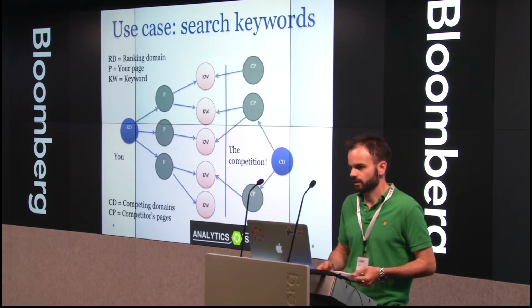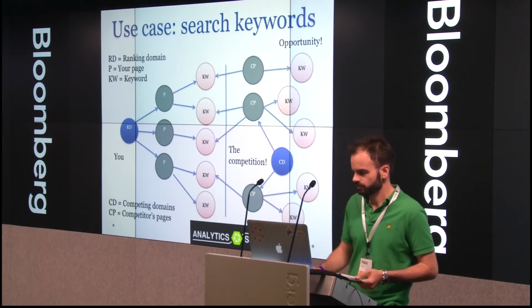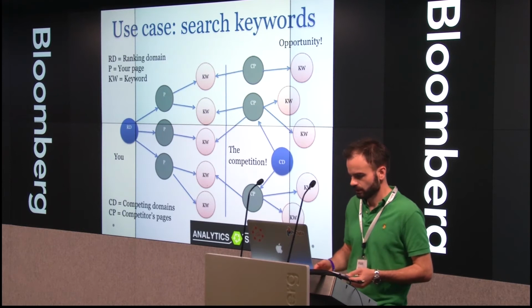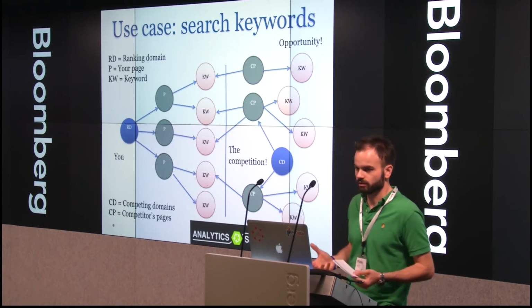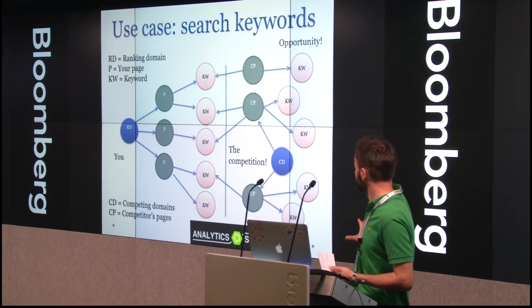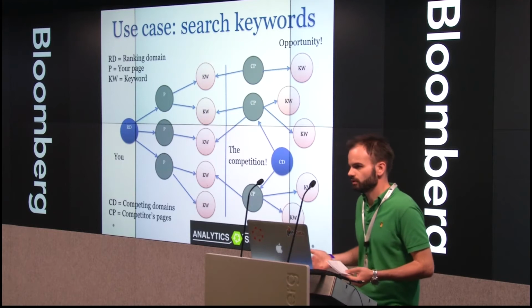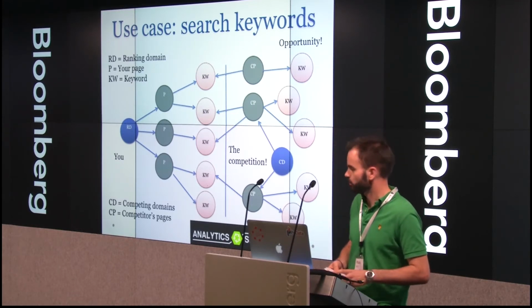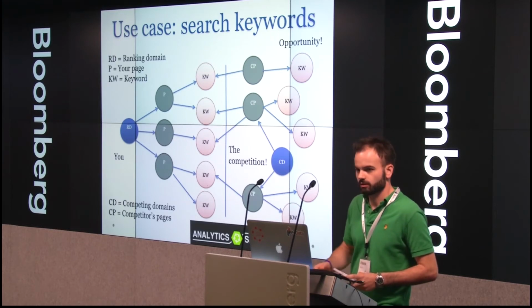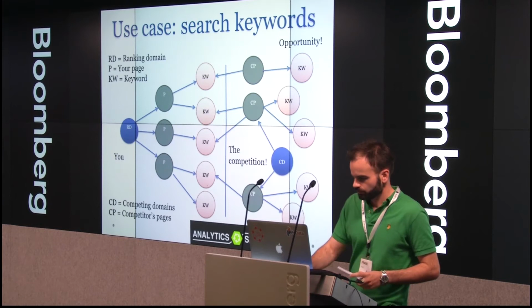mainstream retailers. So you're gathering a lot of keywords, and the ratio of, say, on the left you have your common keywords, the keywords that you rank for and your competitors rank for, and the opportunity keywords on the right. So these are keywords that you don't rank for currently, but if you started to incorporate them into your website, you might rank for these, and therefore it's an opportunity. But there are far more on that side.